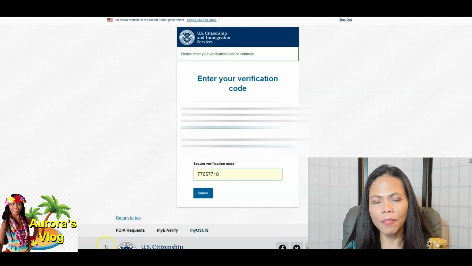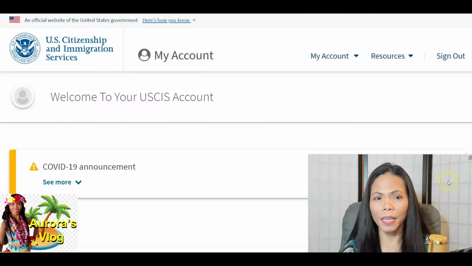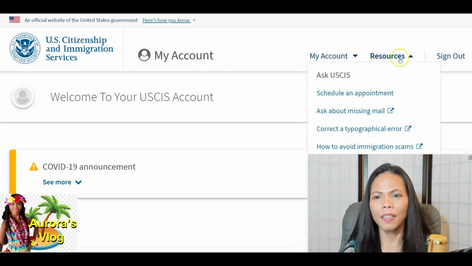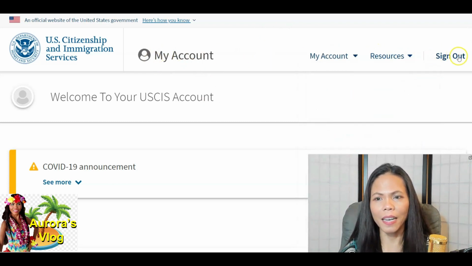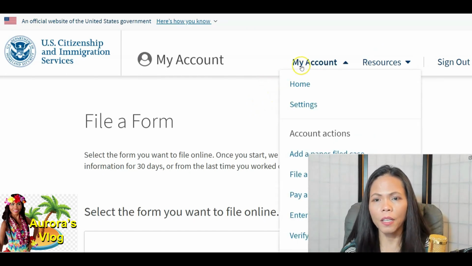So I just received the code that is sent through my text. I'm gonna go ahead and type them in here and click submit. So I am already in. As you can see, you will see my account, resources, and sign out. So to find the form I-130, you will have to hover your mouse under my account